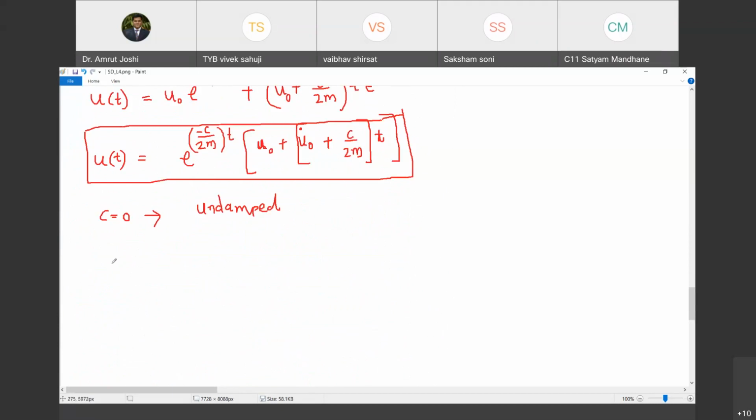If c is equal to 0, u of t is going to be equal to e raised to 0 times t. 0 times t is 0, therefore e raised to 0 is going to be equal to 1. Then here I am going to have u0 as it is plus